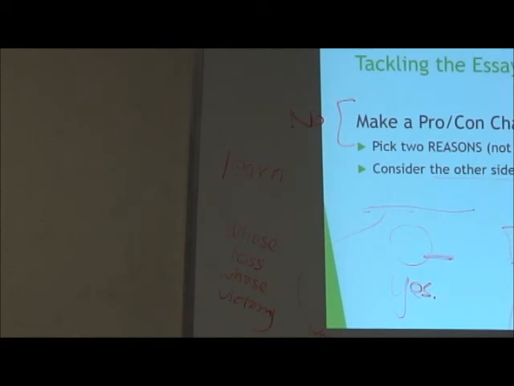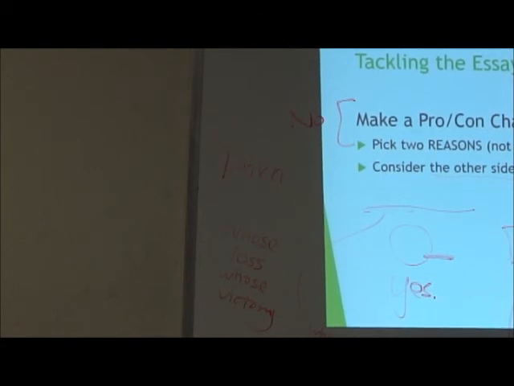That way your brainstorming goes really quick, because you don't pick a side and then think of your examples, because it could be hard. You think of your reasoning, and then the one that you can support more, pick that side. Does that make sense? So we've already said yes, we're going to pick 2 reasons that we found, and then we're going to consider the other side. And that's going to be the easy brainstorming thing to do. And then you want to pick your examples from personal life, history, current events, literature, movies, pop culture, whatever you want.